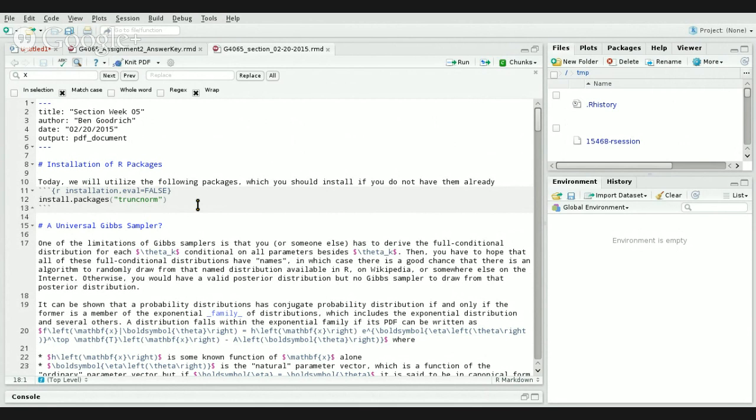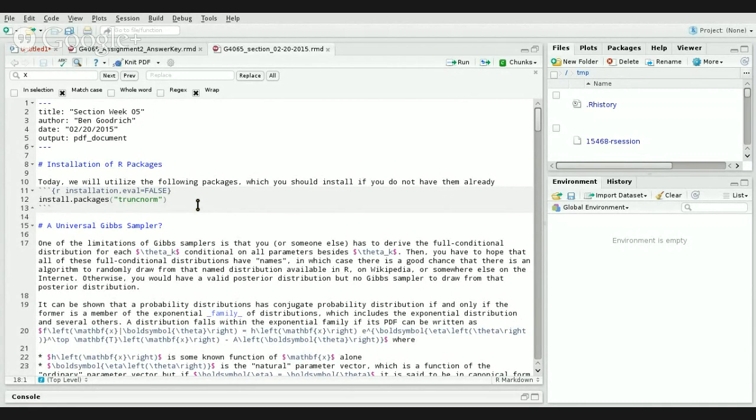And if it's a named distribution, there's a good chance that there's a function in R, or maybe some R package, or somewhere on the internet that would describe an algorithm for drawing from that distribution. And if you're able to draw from each of the full conditional distributions, at that point, a Gibbs sampler is pretty easy to program. And we'll do one later